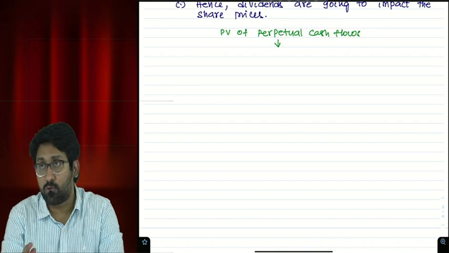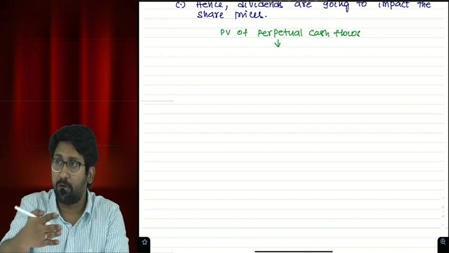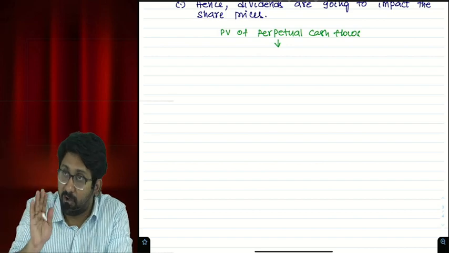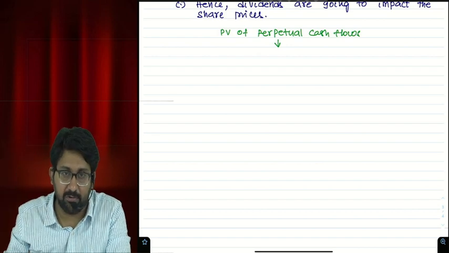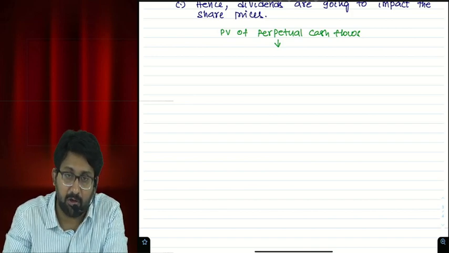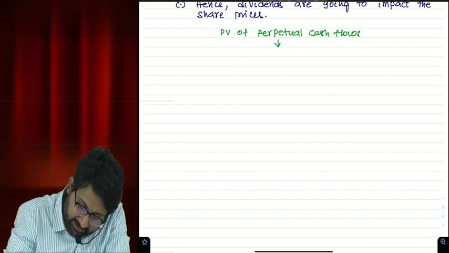Perpetual cash flows are those cash flows which will come every year till perpetuity. I don't know where it ends. For that we need to calculate a present value. The formula for present value of perpetual cash flows is